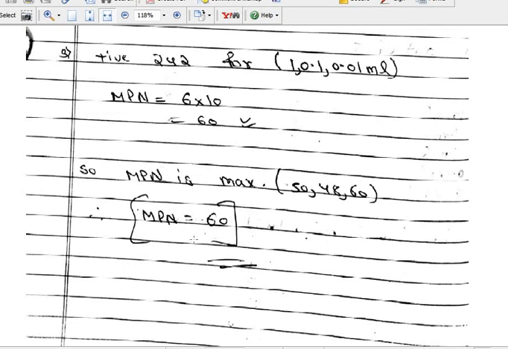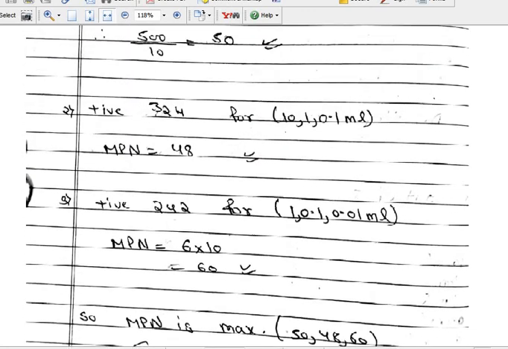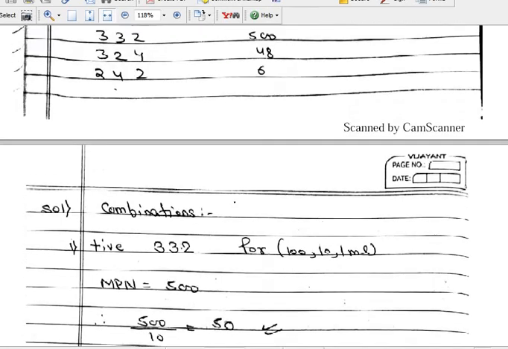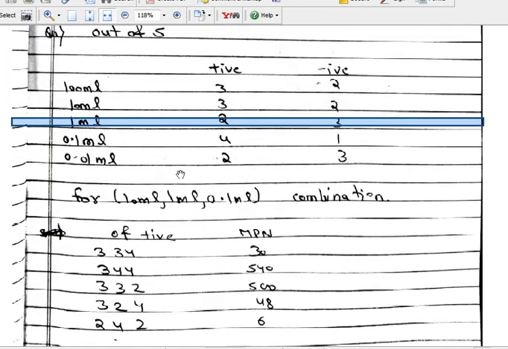So hopefully it is clear to you. Whatever data is given, you will try to explore what different combinations you can make with it. So from the available data, one combination is made as 100, 10, 1, another is 10, 1, 0.1, another is 1, 0.1 and 0.01, because we need a minimum of 3 sets. And then using the table we got these values.